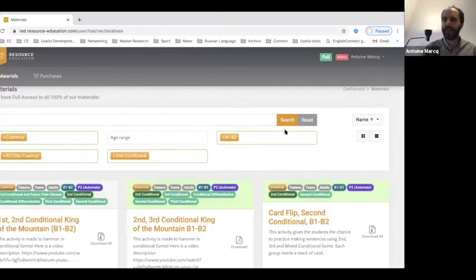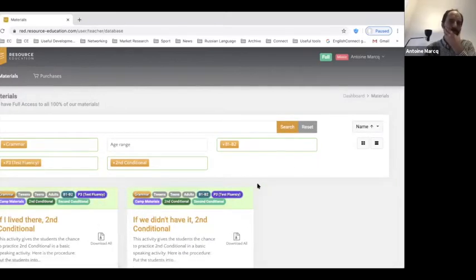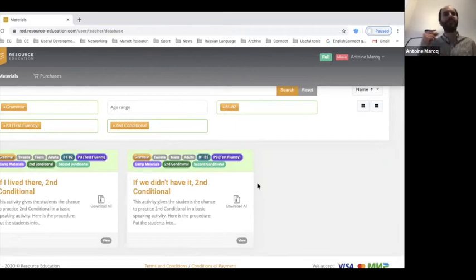And then I look for P3. Now, a P3 activity is, again, a speaking activity. The key difference with a production activity is that a production activity is much longer. A production activity typically takes 20, 30, it can even take 40 minutes. A production activity is very engaging because it's real life. Students are put in a real life situation. They need to solve a problem. They're really involved,